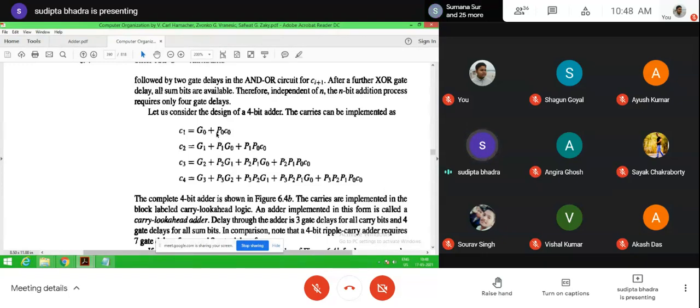G0 and P0 are generated simultaneously. Then there is a P0 C0 operation, and then there is a G0 plus P0 C0 operation.